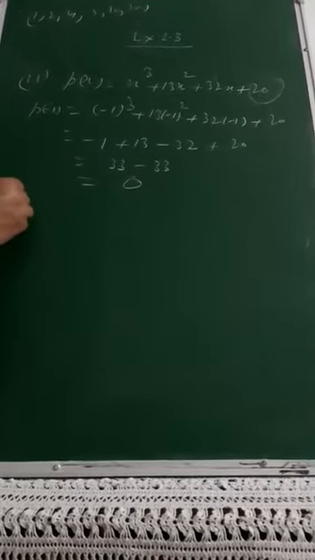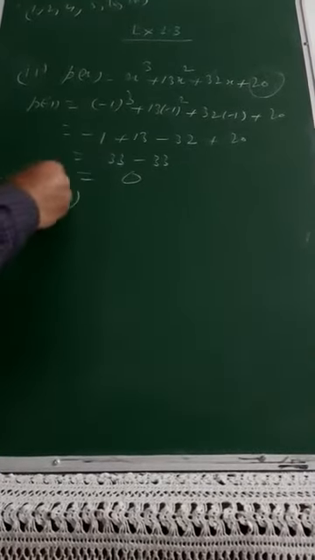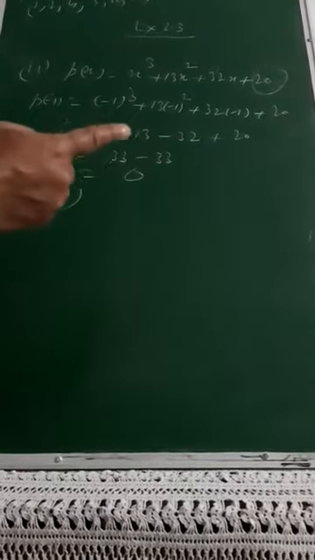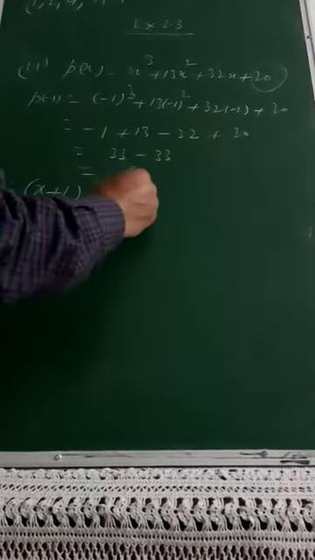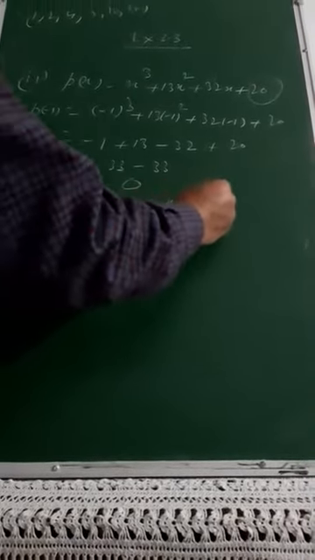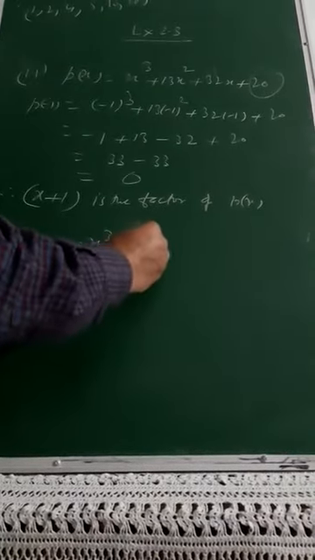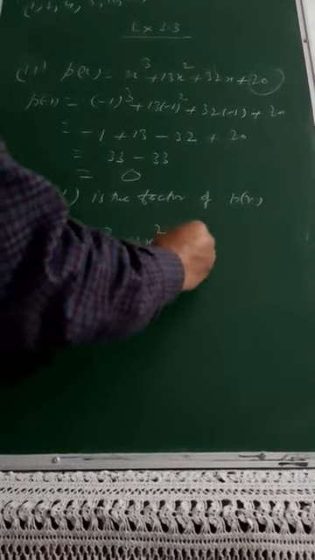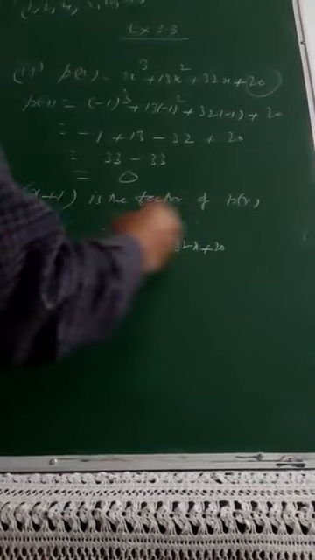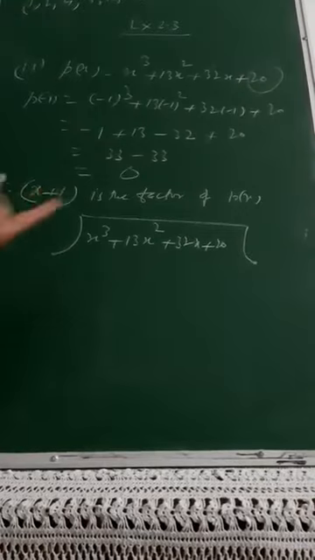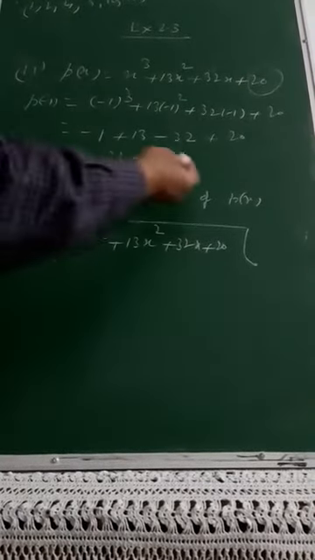Therefore, if the remainder is P(minus a), then x plus a is the factor, because it is coming equal to 0. So therefore x plus 1 is the factor of p(x), and this is the p(x) given to me: x cube plus 13x square plus 32x plus 20. Again, I have to go for long division. I hope that is clear to you, what I said, how to select these values, and out of that you can guess which is going to make it 0 will be the factor.